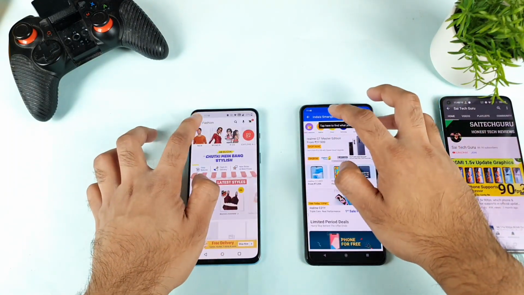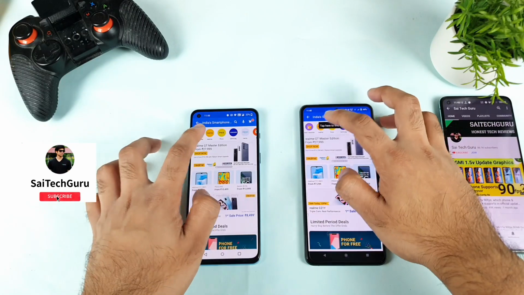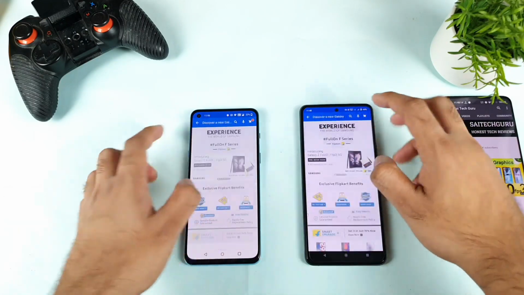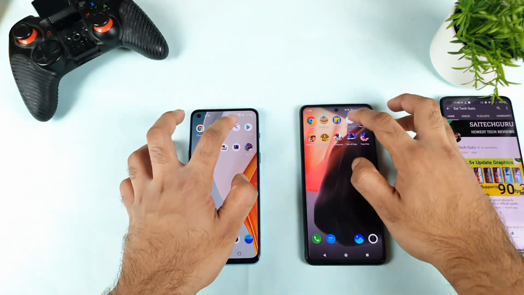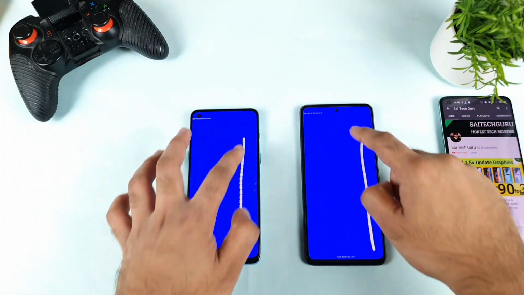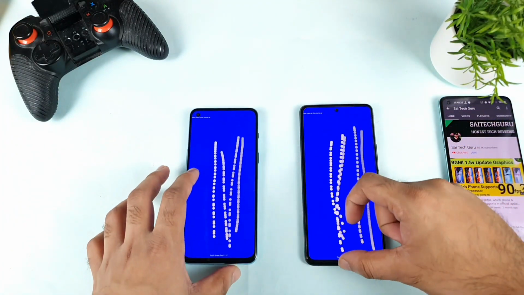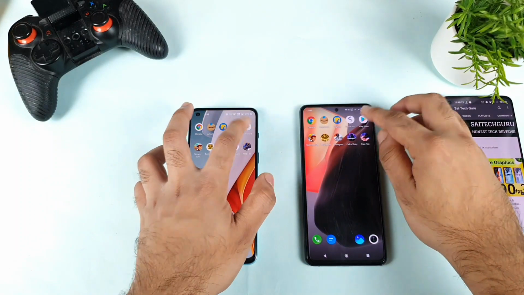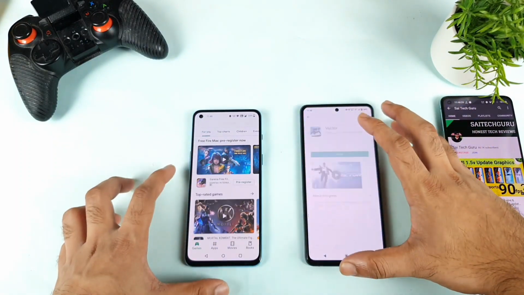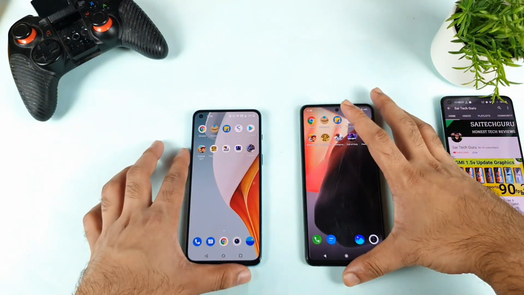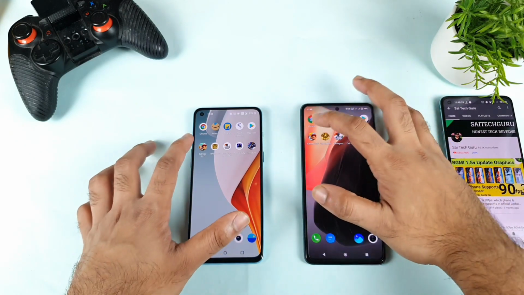load faster. Let me try to keep these mobile phones in the background. So maybe I'll try to select the Samsung at this time. I'm just trying to keep them in the background as a RAM management, and a touch sampling rate comparison. I'm trying to keep this application in the background as well. And next is the Play Store, and let's keep this game in the background. So now the applications have been finished, and now let's move to the games.